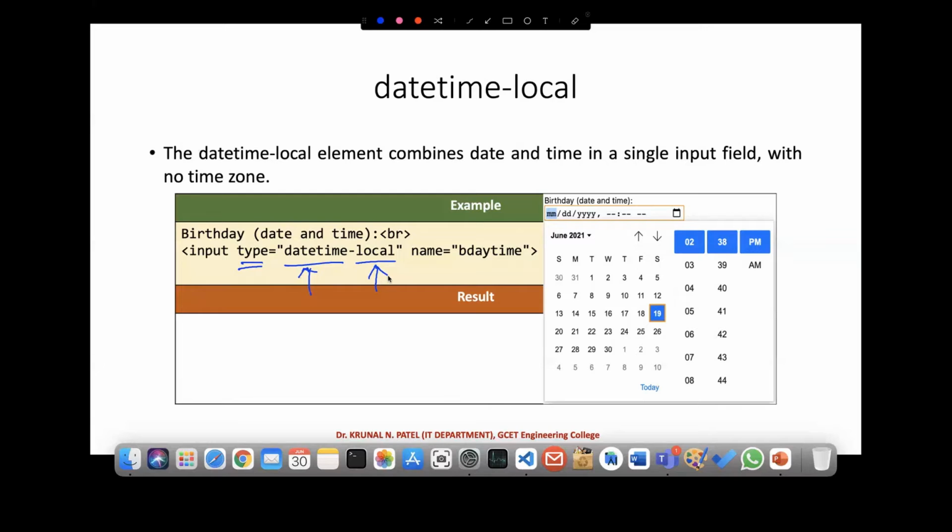So whenever you want to select date and time together, you can see over here in the output, this is the particular section for date selection, and this is for time display. Whenever you click on this icon, it will pop up like this, and you can simply select the particular day and time, right? So this is for date and time.